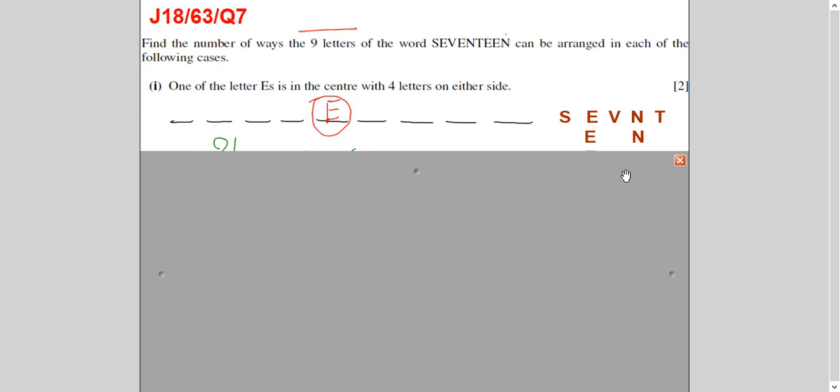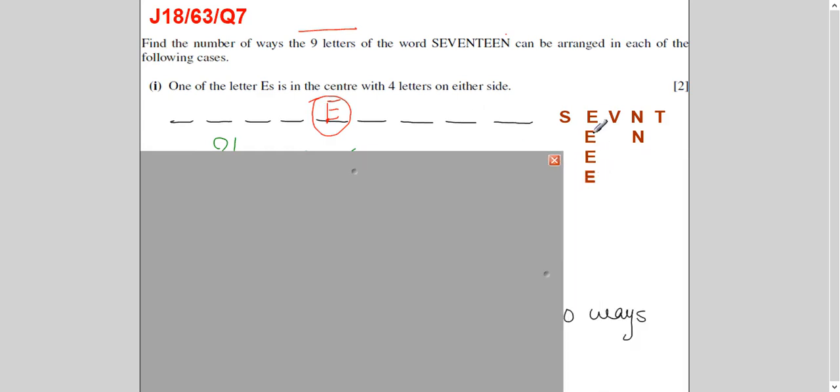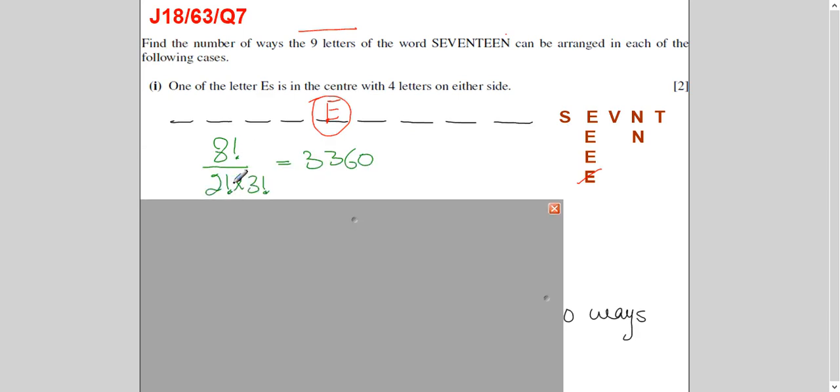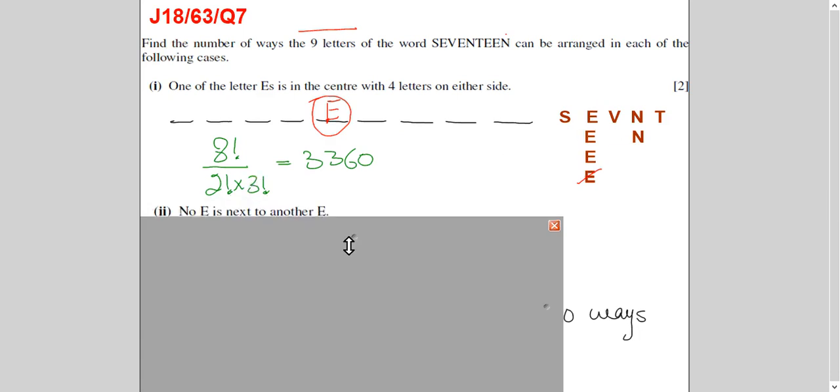So if one E is gone out of the 4 E's in 17, then 1 is gone, so the remaining are 3. If you are arranging letters here, the spaces are 8 now: 1, 2, 3, 4, 5, 6, 7, 8. So it is 8 factorial divided by 2 factorial because of 2 identical N's, divided by 3 factorial because of 3 identical E's. And this will give you the letter arrangement where